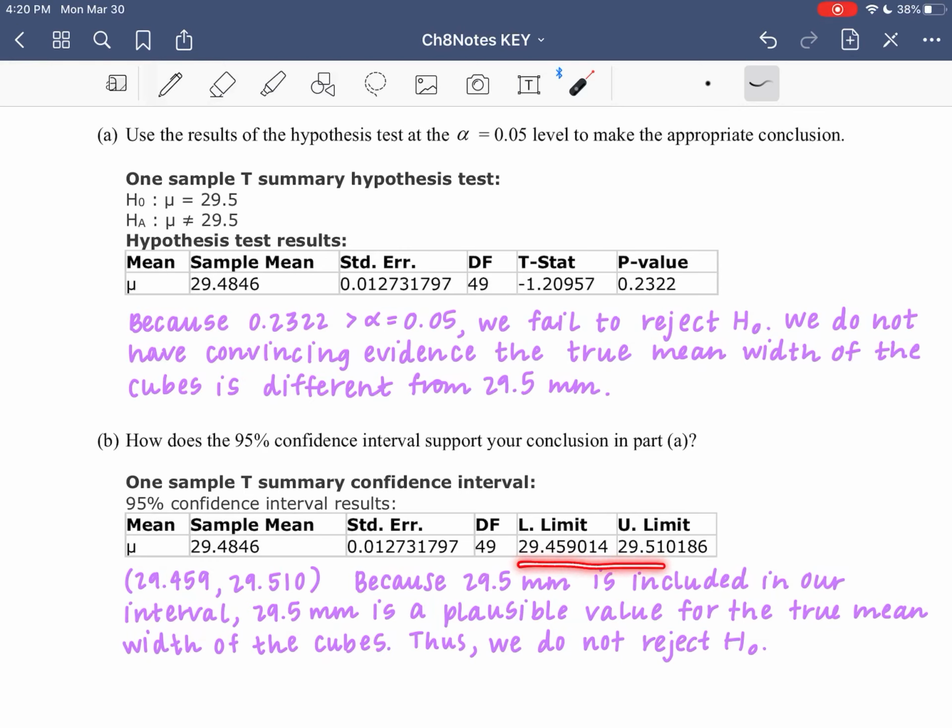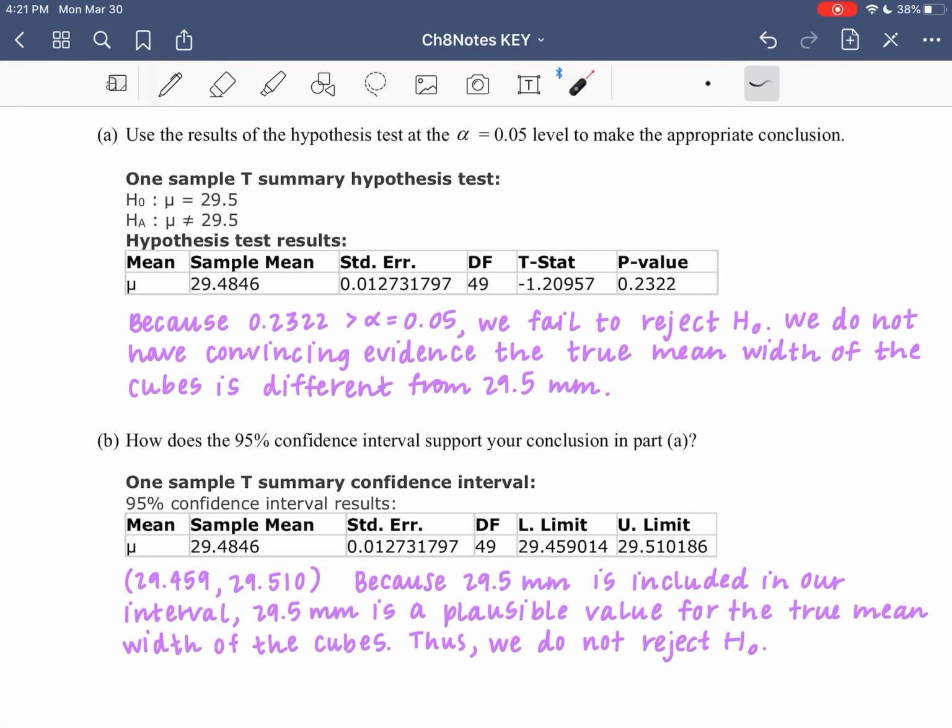So let's check. Is 29.5 in this interval? So it is in this, 29.5. 29.5 is in this interval. It's a little bit lower than this guy here. So because 29.5 is included in our interval, that means that 29.5 millimeters is a plausible value for this true mean width of these plastic ice cubes. So if it is a plausible value, that means we would not reject that